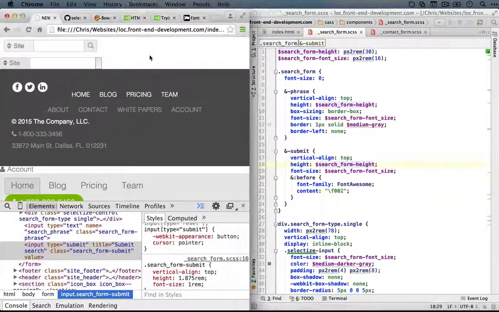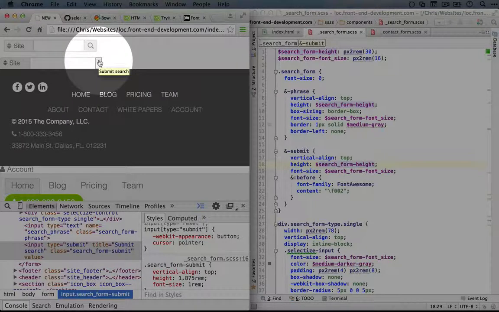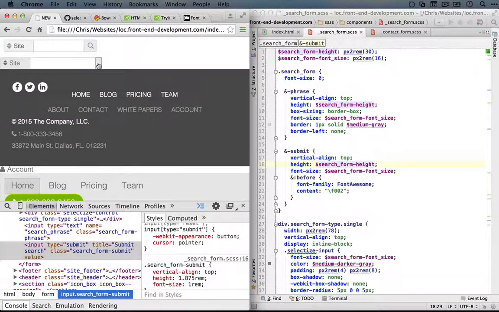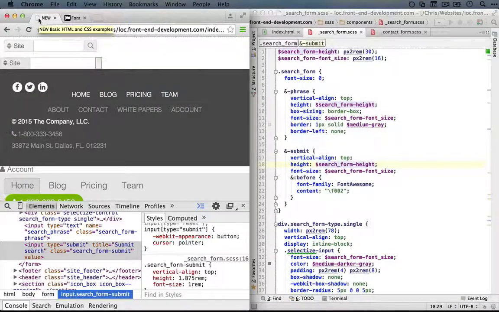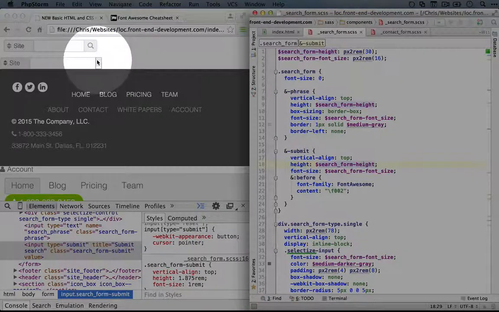So when we do this and then we refresh the browser, we'll still see nothing inside of this box. And if we inspect this element, normally we would see a before in an element where we could click it and see what content was in the before pseudo element. But with the submit button, we don't see that. Now, this is just kind of a quirk of input elements. The problem is if you did a search in Google for, say, something like using before and after on input elements, you discover that you can't actually do that.